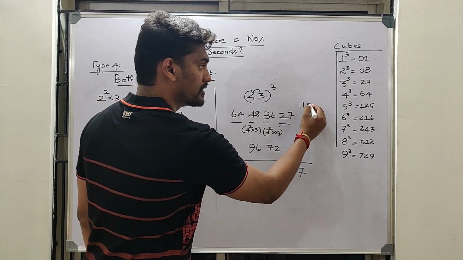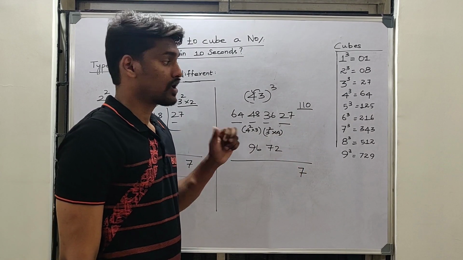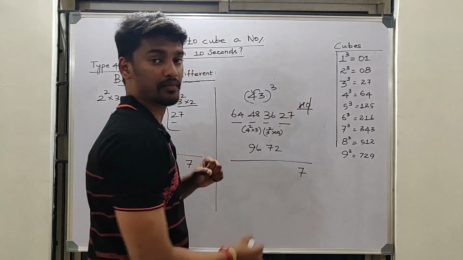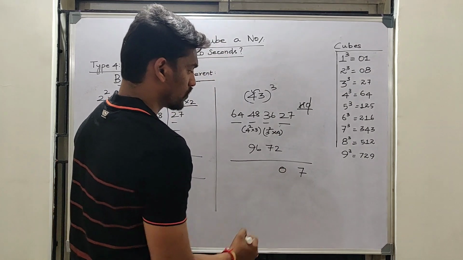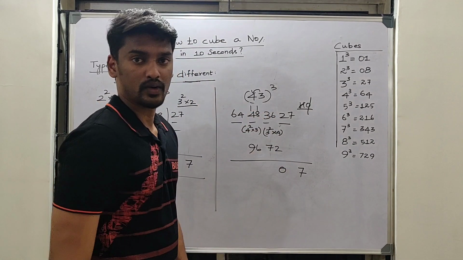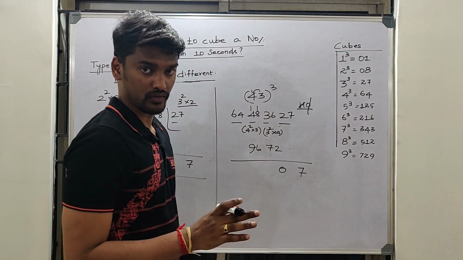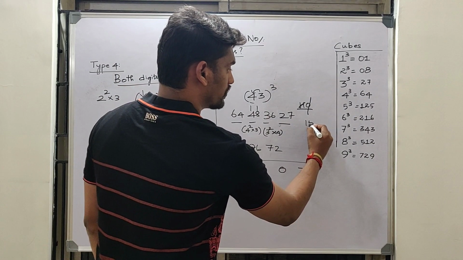So you could see the number which you are getting is 110, which is a 3-digit number. But in first step what I have told, you should take only the unit digit, and remaining 11 should be carried over here. Okay. So 110 we have to write 0 over here, and 11 is getting carried over here. So 96 plus 48, we know it is 144. 144 plus 11 it is 155.